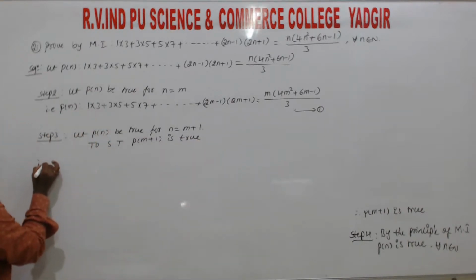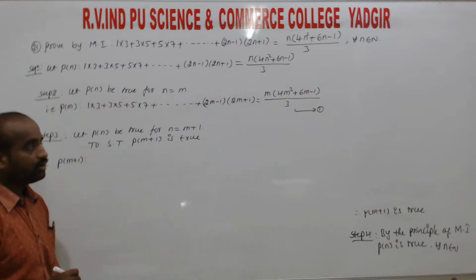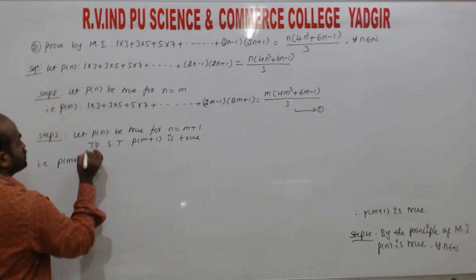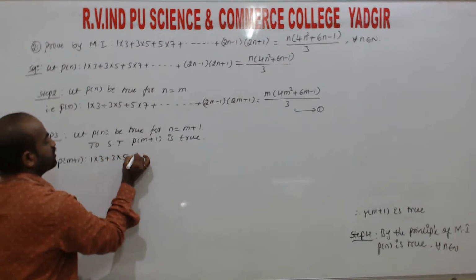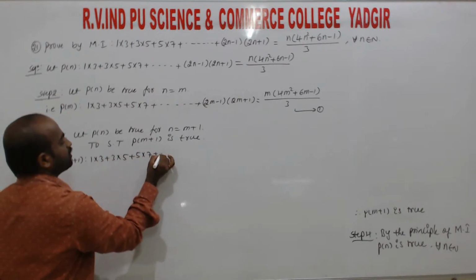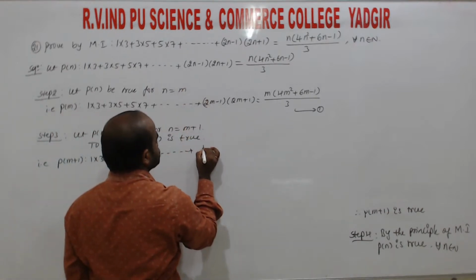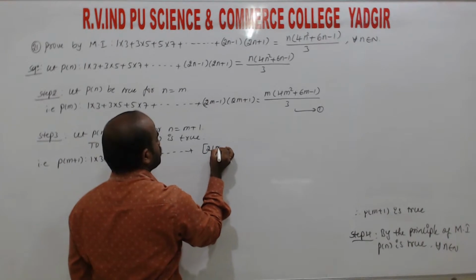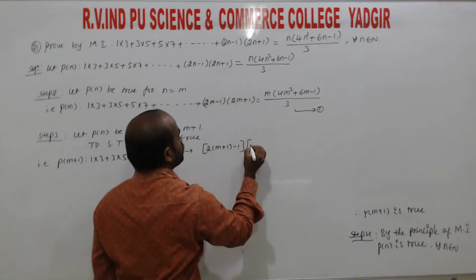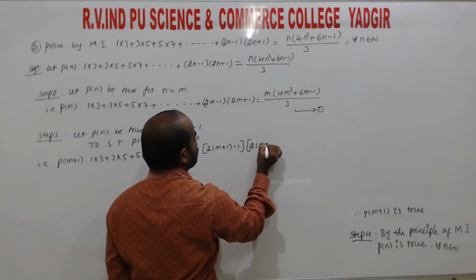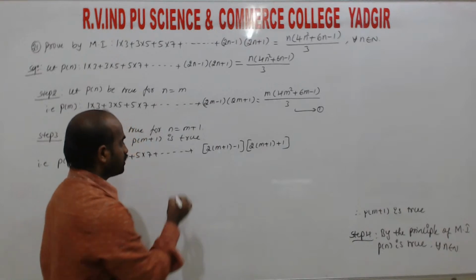Okay, that is P of m plus 1: 1 into 3 plus 3 into 5 plus 5 into 7 and so on, up to the term where n is replaced by 2 into m plus 1 minus 1 into 2 into m plus 1 plus 1, okay, equal to